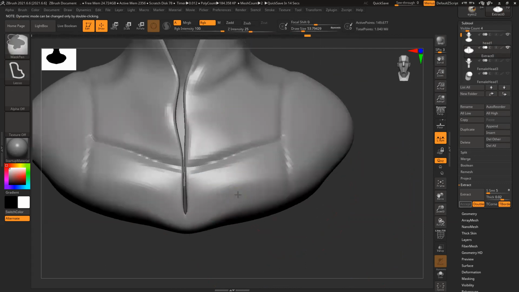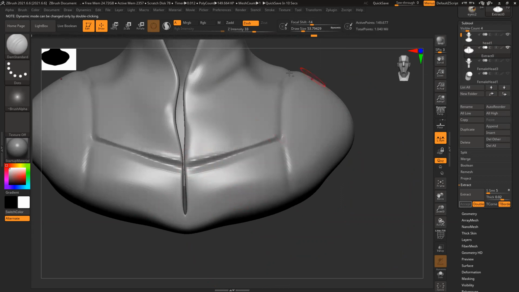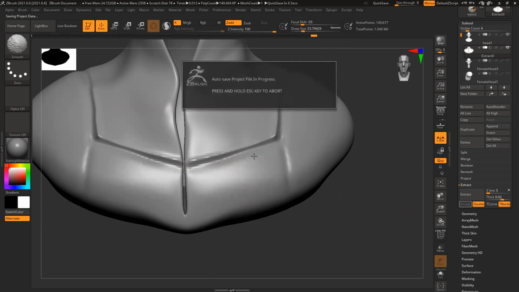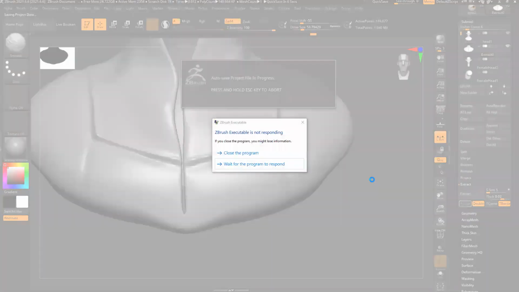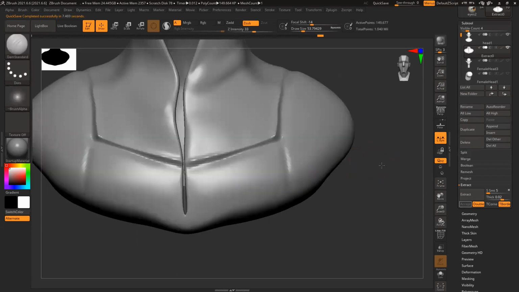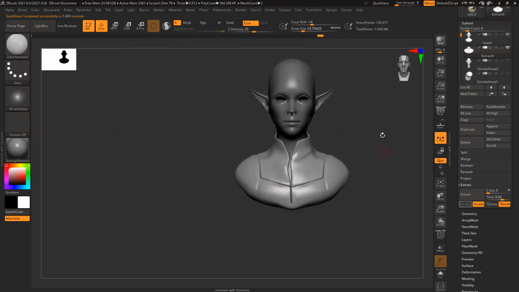This thickness I need to separate, so hold Alt, make it really sharp, and smooth this side only. Smooth, or use a flatten brush and make it a little flat, so it will look like two different separate parts. Okay, separate parts like this, one by one.